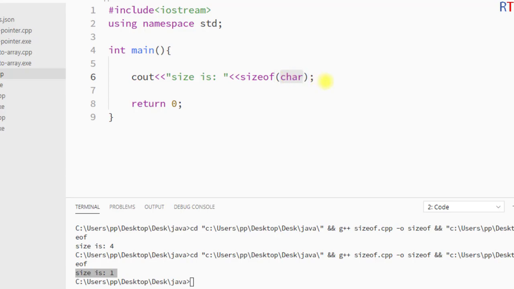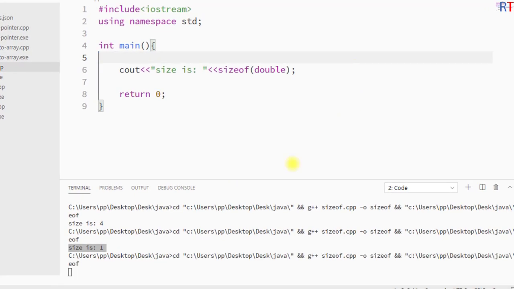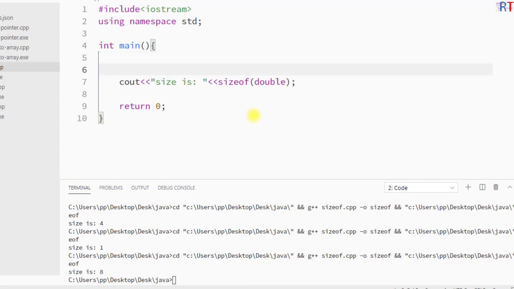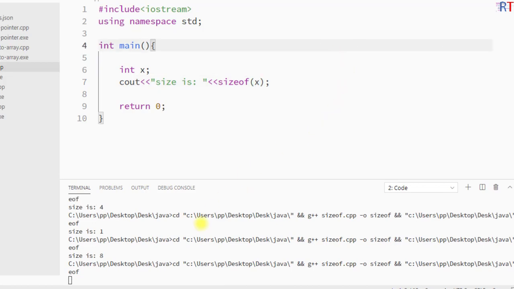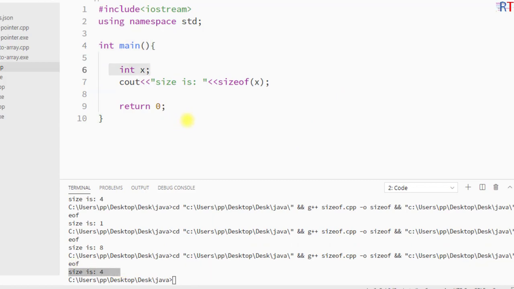Similarly, we can also use the double data type and print its size, and it says 8. That's because the double data type takes 8 bytes of storage. Similarly, we can also create one variable and print the size occupied by that variable. So I'm going to save and run the program, and it says 4 because the integer variable x takes 4 bytes